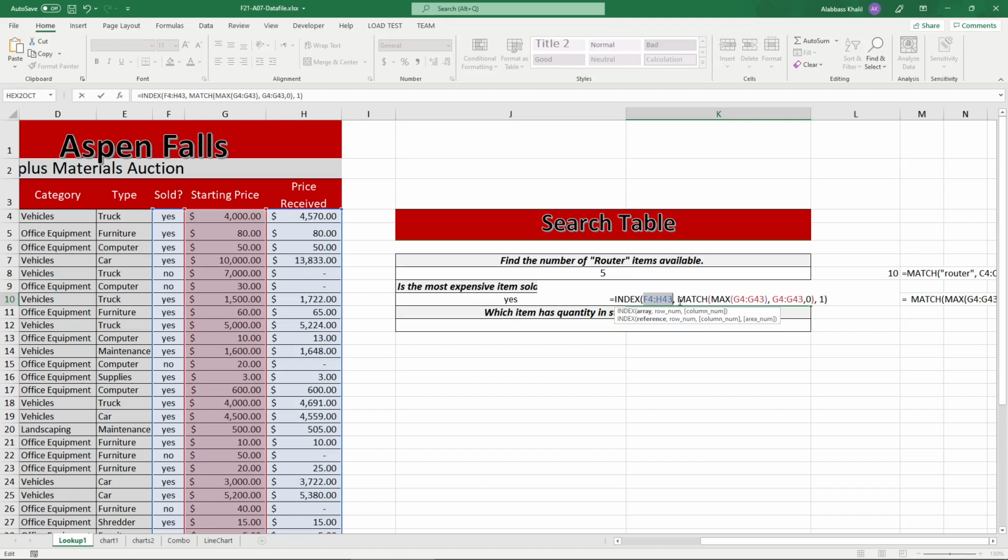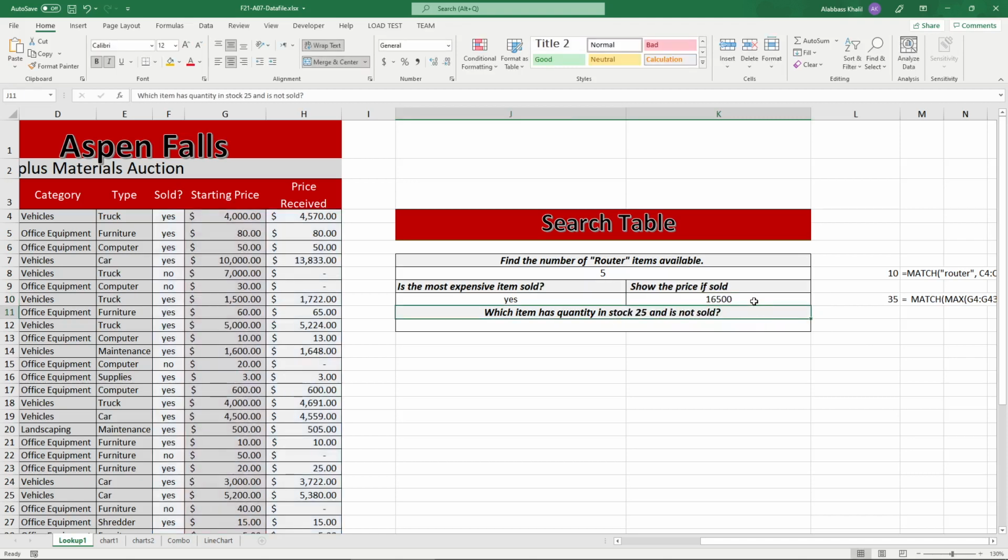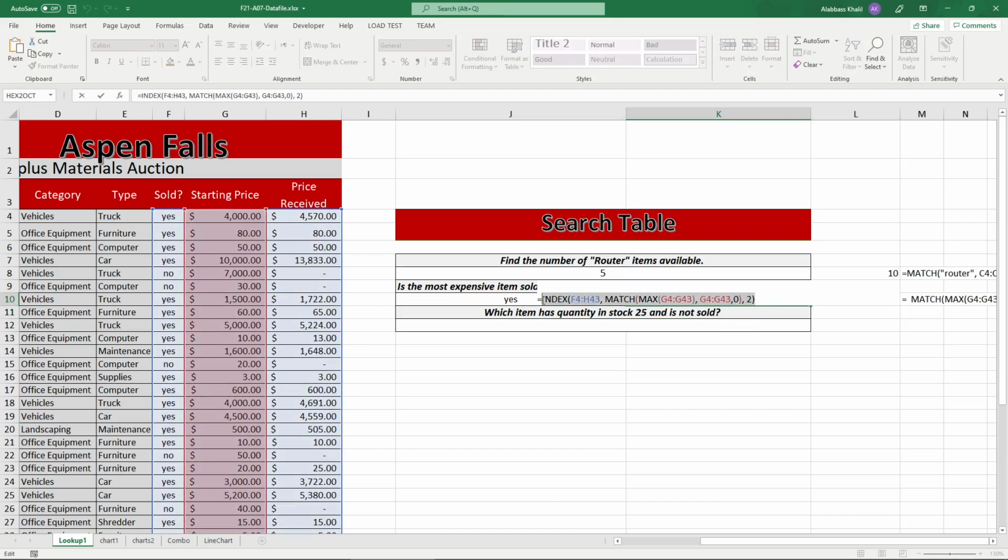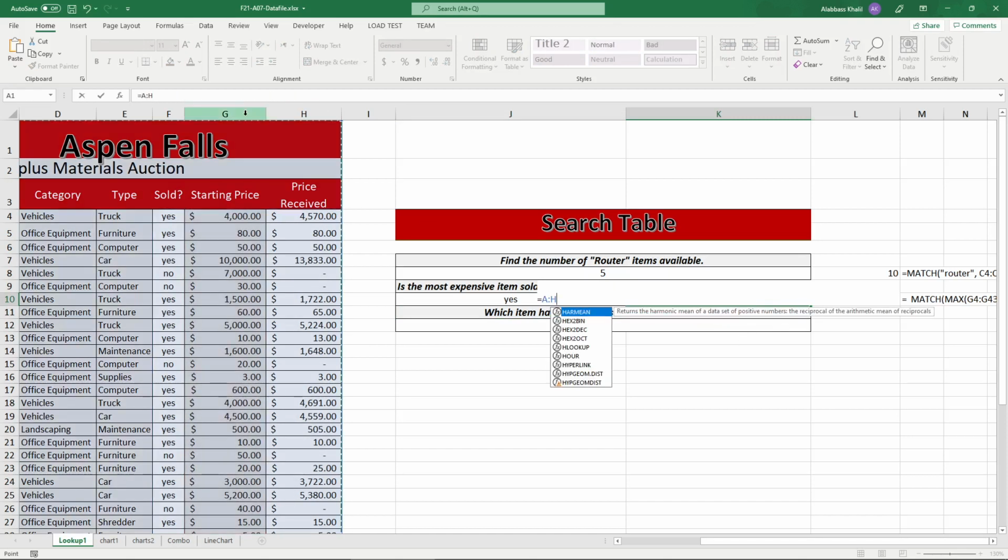My blue table that has my information, I'm getting the max value. I want that max. So instead of getting the yes or no, I'm getting the starting price. This is a convoluted way of just saying get me the max of this range,